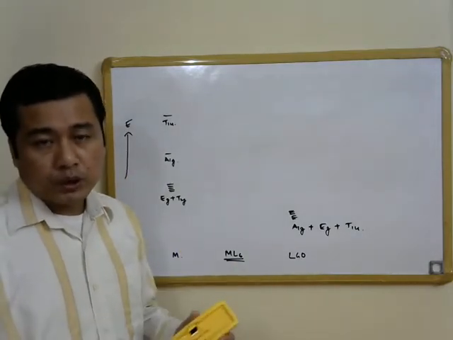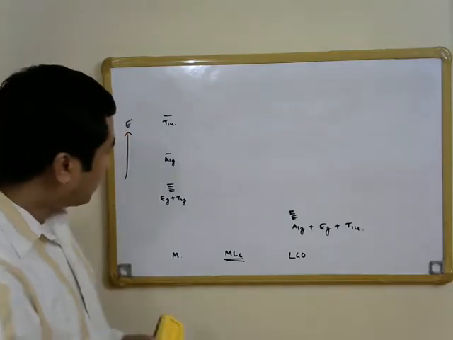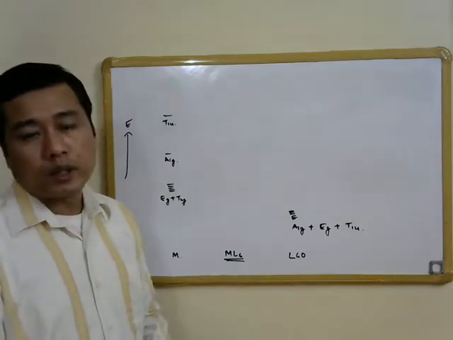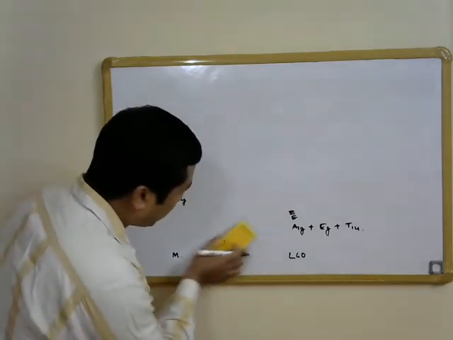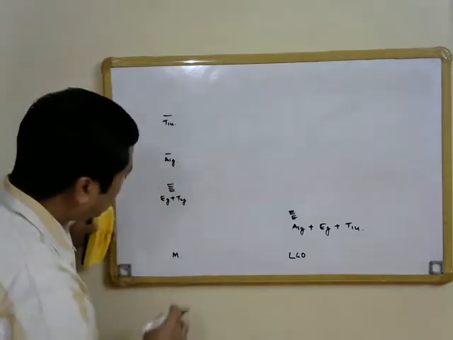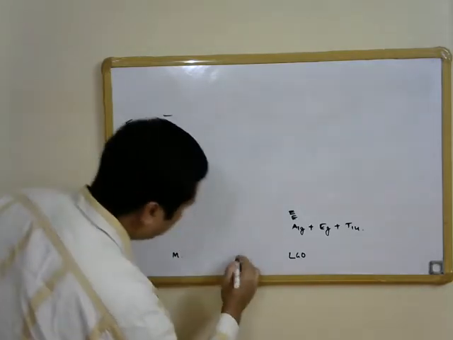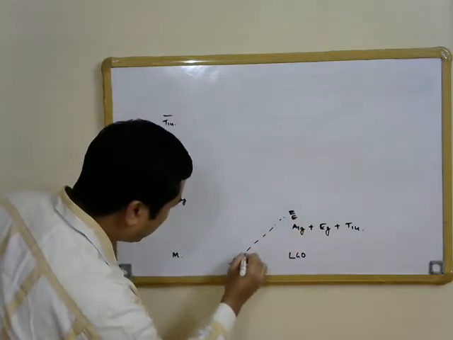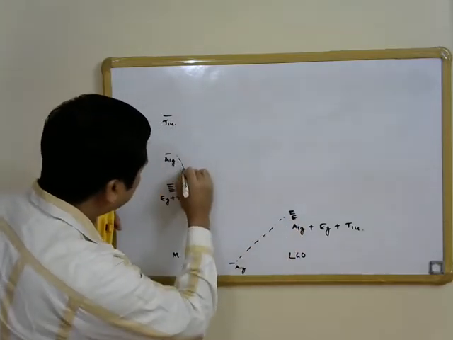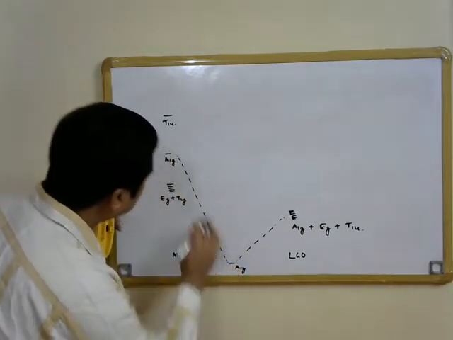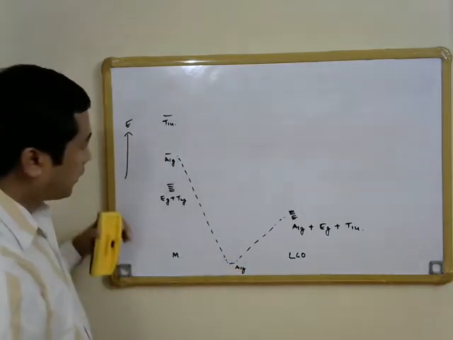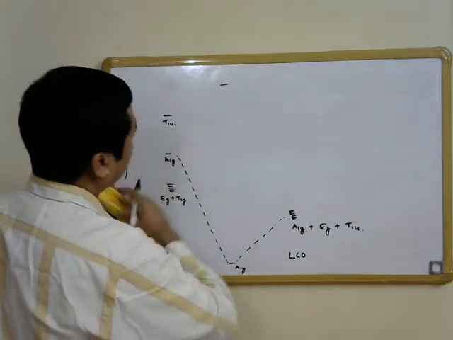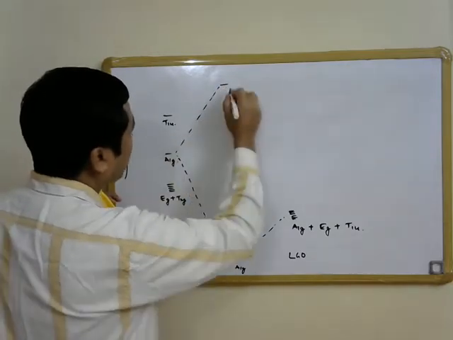Now we will draw the molecular orbital diagram, that is by combining the orbitals of the same symmetry together to form molecular orbitals. So we will take a metal orbital and a ligand group orbital of the right symmetry and combine them together to obtain the molecular orbital diagram. So let's first take the A1g from the ligand group orbital, and we see that there is a metal orbital of A1g symmetry, so we can draw it in this way. So A1g bonding